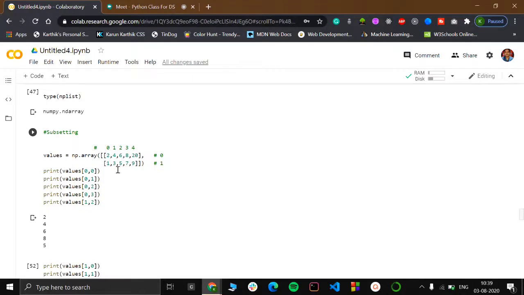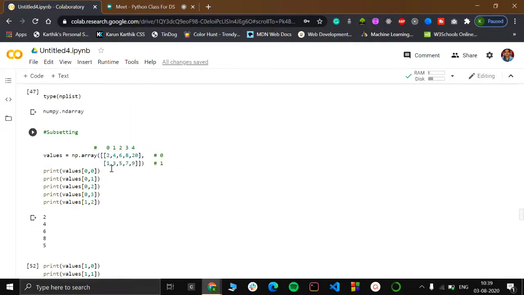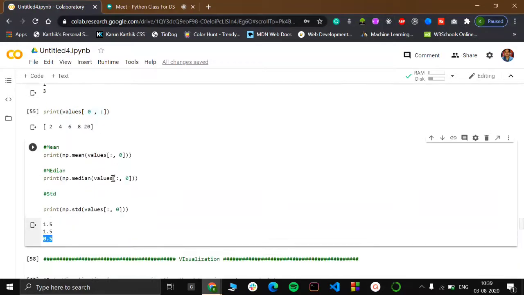So I urge you guys to practice this subsetting more, because when you go into a data frame, this slicing part will not only be done with these numbers, it would be done with characters, categorical variables, numerical variables, different types of variables and all. So then you would be feeling the difficulty. Because when you dive deep into machine learning, there would be a part called dummy variables, wherein you should be slicing it very carefully, or else the model will be disturbed. So this is one important point.